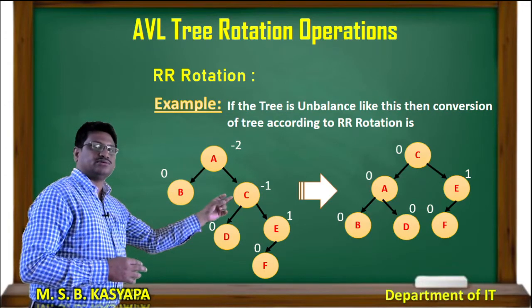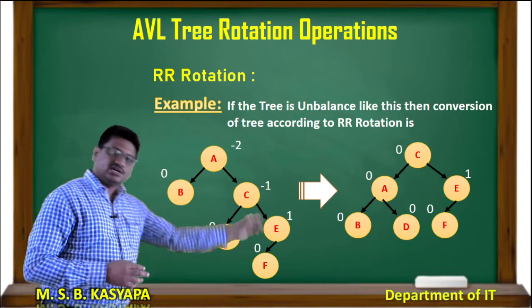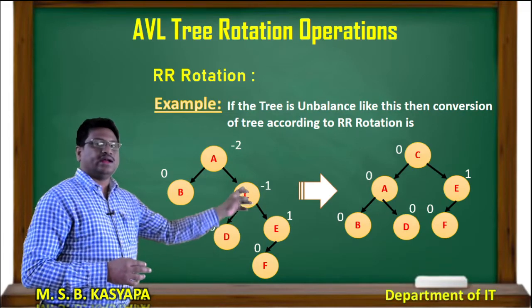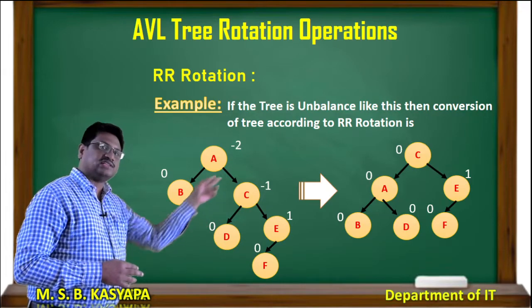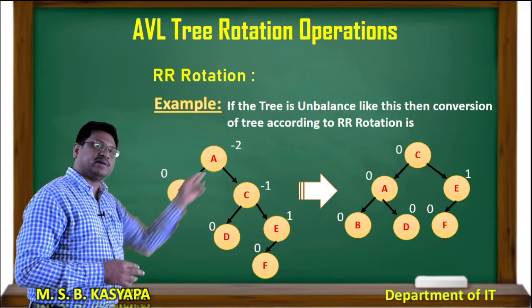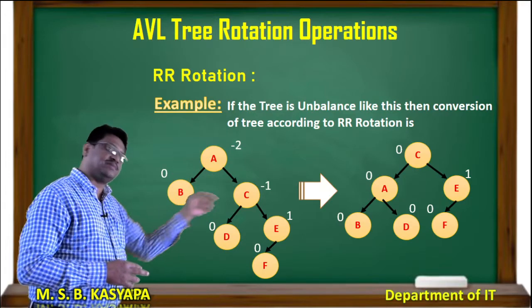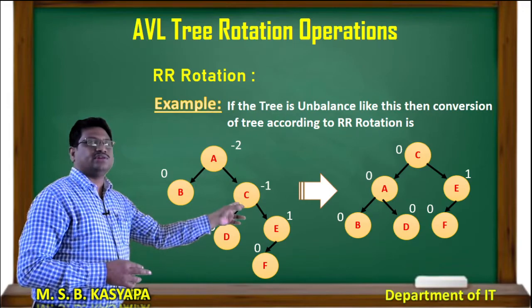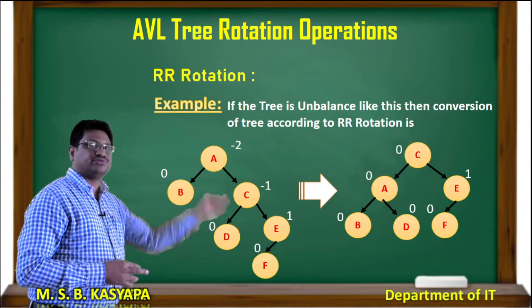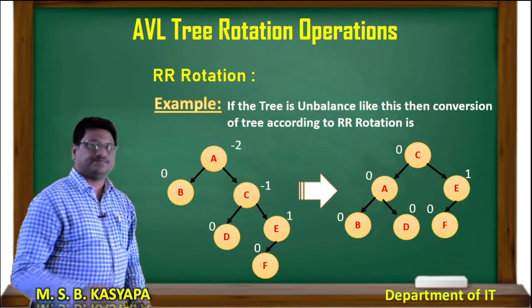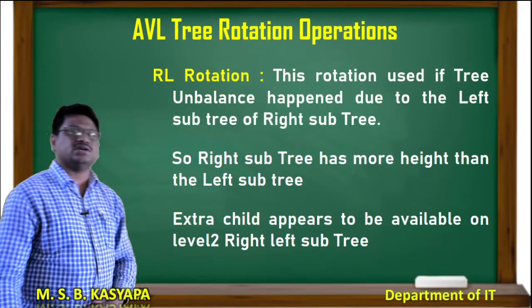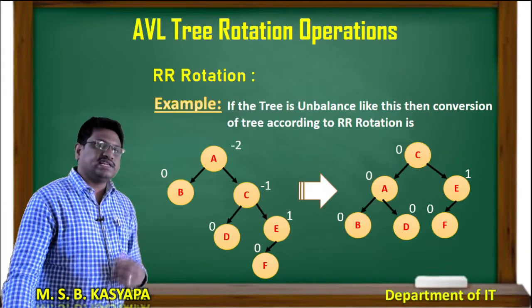C will become the root node. If it has any right child, it will remain a right child for C, and A will become a left child. If it has any left child, it becomes a left child, and if the new root node has any left child, it moves to the left subtree as a right one. Same thing happens here also. Okay. So that is the order.